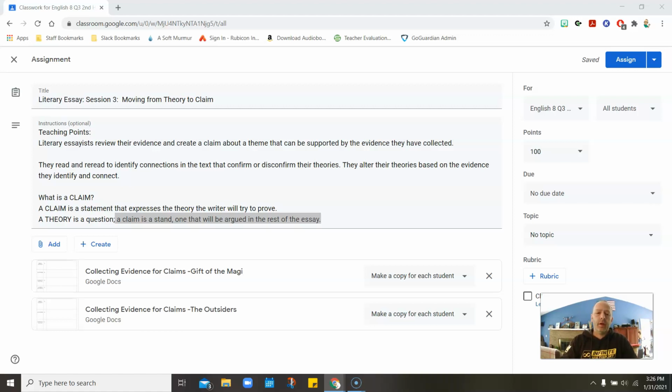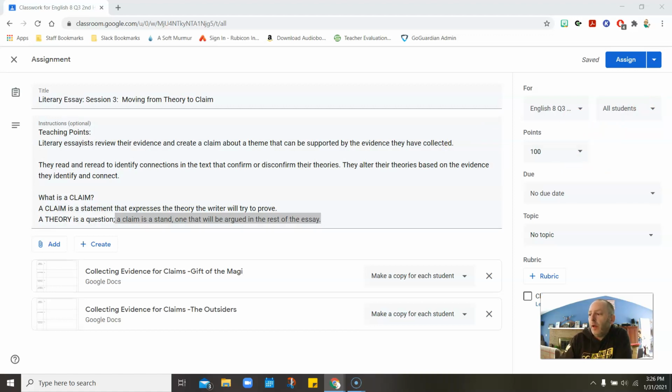I'm going to use an example for The Gift of the Magi. I created an example to walk you through the steps of how I did this. So for example, I wrote, Jim and Della demonstrate their love through selfless acts. They both did something that was selfless, right? They gave up their most prized possession for the other person. And they demonstrated that they loved each other because they did that. That's the claim that I'm sticking to for my example.